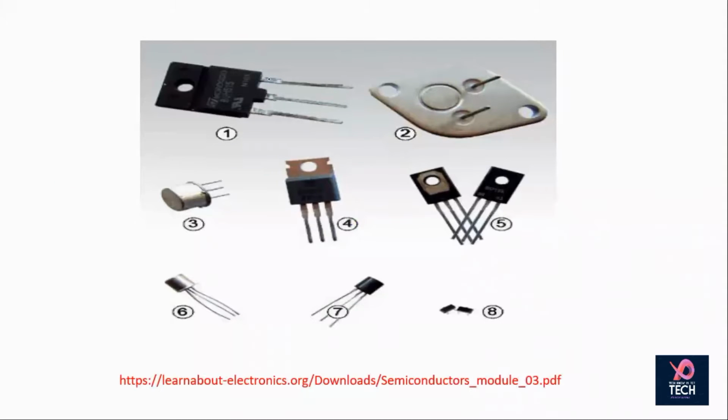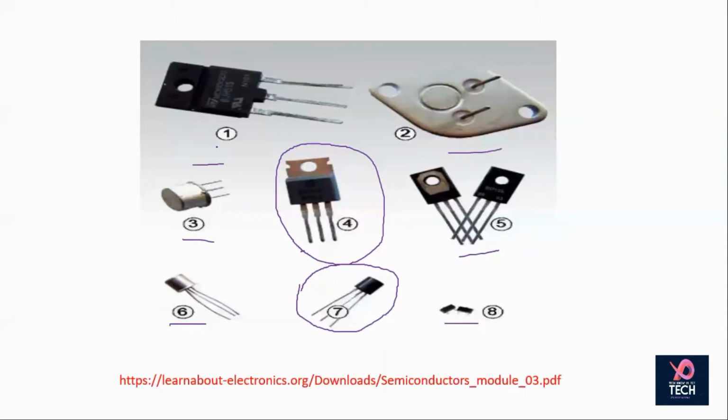These are the various images of transistors you have seen around you. Some of them will be MOSFETs behind your music systems, in your UPS, and so many places you have seen them. There are different kinds of BJTs. The one which we will see in the lab is this one. But these are the different ones found in your daily gadgets like your TV, your remote controls and all. You will find all of them in plenty.